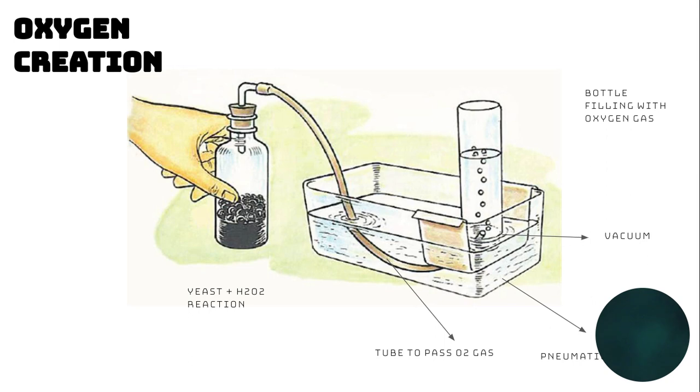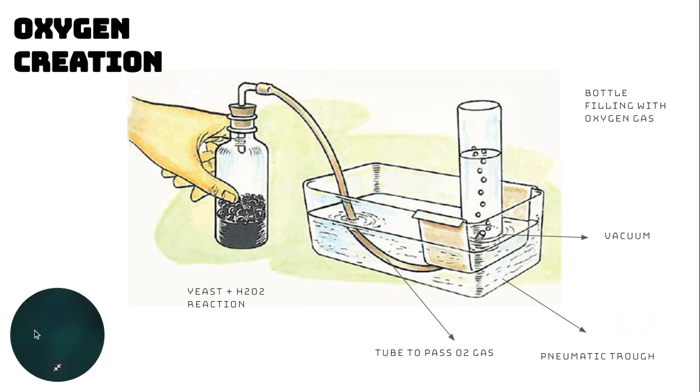So next we're going to talk about actually making the oxygen, which once you get the hang of it can be kind of fun. You're going to be given this metal container, which is called a pneumatic trough, and you're going to fill it with water. There's going to be this attachment that has a hole in the middle. So you're going to fill a bottle with water, and when it's full you're going to cover the mouth with something flat like a piece of cardboard, and then turn it upside down and place it over the hole,